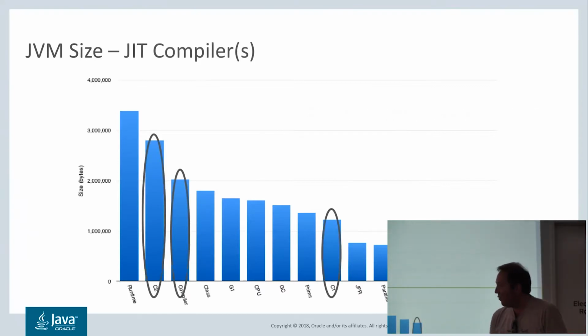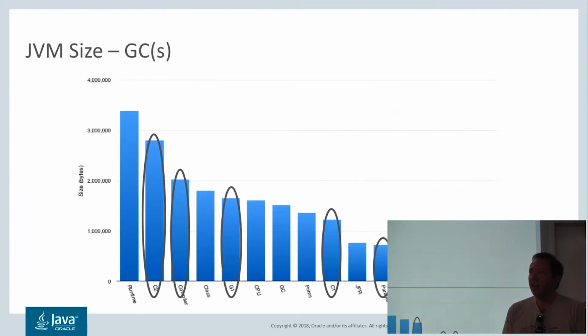The insight is that if you want to run Java in a fully compliant mode, your application will work perfectly, you will run correctly. You don't need a JIT compiler. You don't need to optimize code when you run. You can interpret the code instead. You'll lose the performance, but it will still run. It will still be correct. It will just take longer. So a few of these bars are exactly that. They're the compiler. We can tear that out.